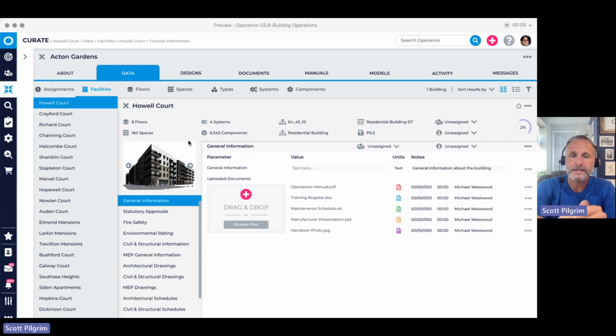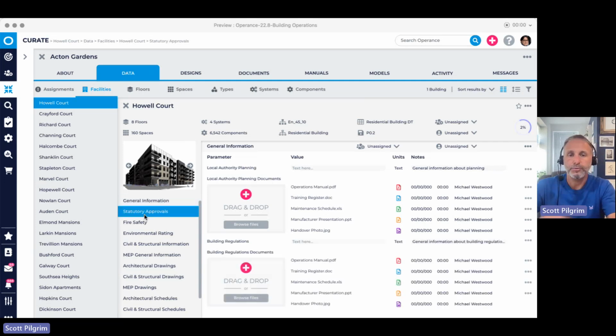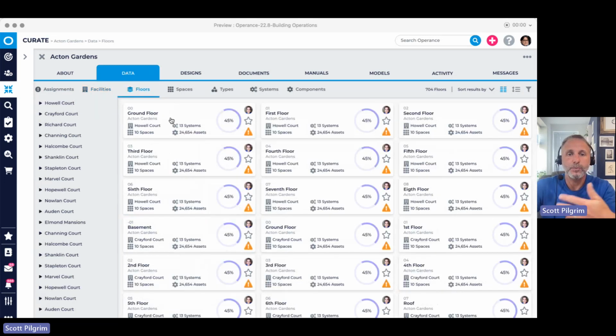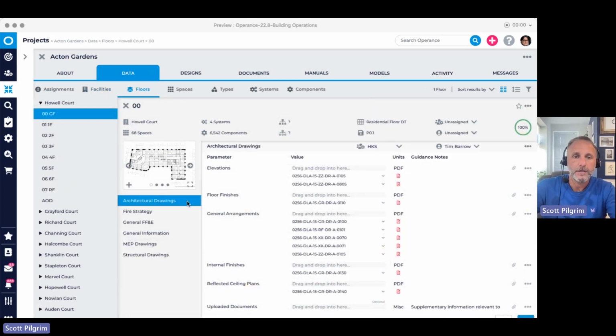So for this building, for instance, let's say statutory approvals. Now, for every building that this client owns and that you're working on, you're asking for the standard same information across every one. And it's the same with all the floors within that building. So let's say as a standard, you want to see elevations, floor finishes, general arrangements, etc., all within architectural drawings. You can add more should you want to, but again, we provide a basic data template for you to start